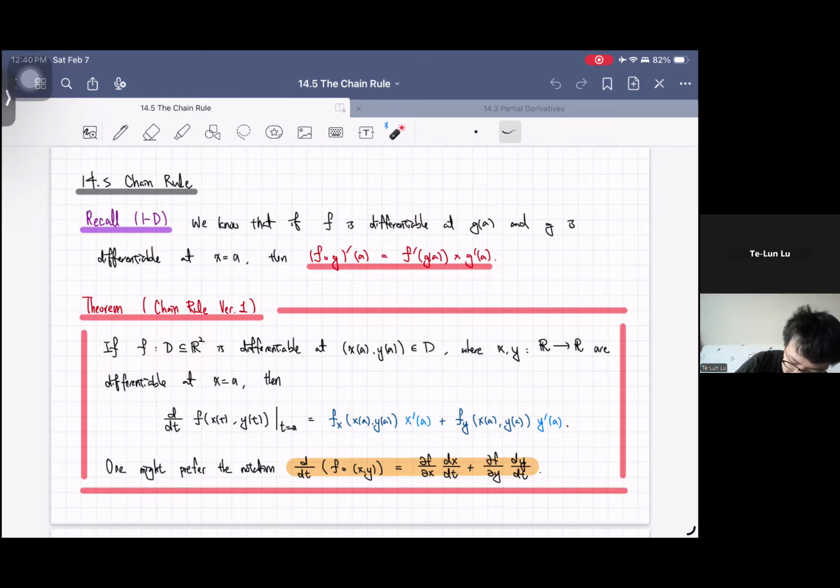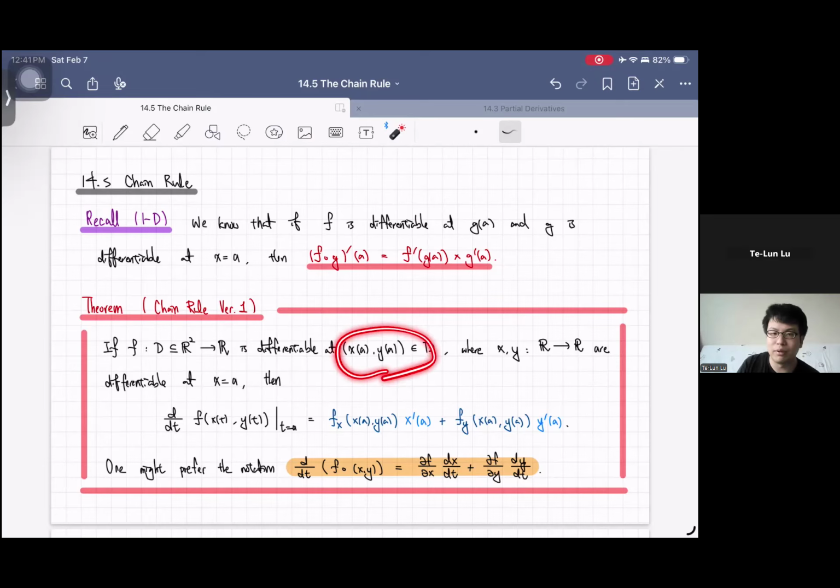And I just realized that I didn't give my notation correctly. So wait a second. Let me, as always, this time I forgot to write something. Okay, so the codomain is R. The domain is some two-variable domain, and it is a number-valued function. So the codomain is R. We assume that it is differentiable at some point, x of a, y of a. I will introduce x of t soon enough. So those are defined to be